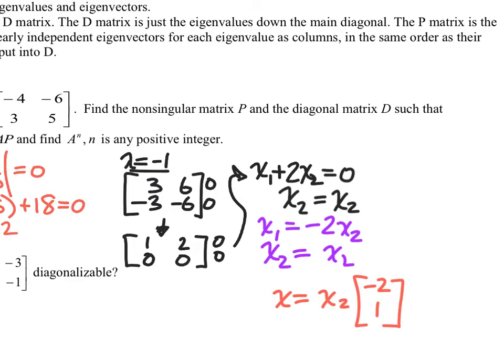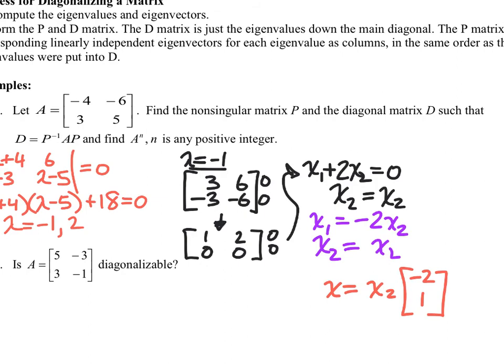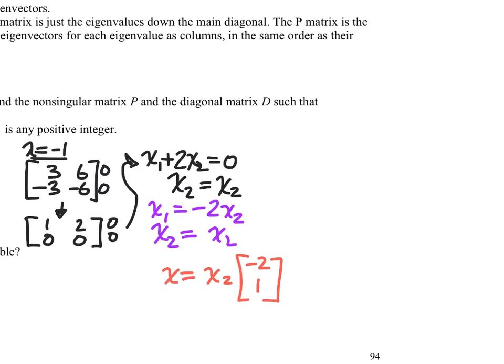Now I need my second one, which comes from popping a 2 into my characteristic matrix. If you put in the 2, what you get on the top is a pair of 6s, and then a pair of -3s on the bottom. All right, so for the eigenvalue of 2,